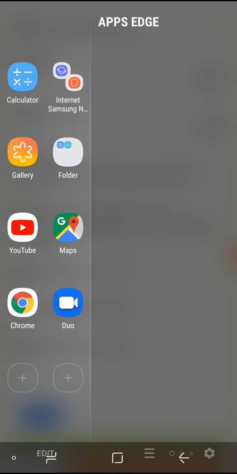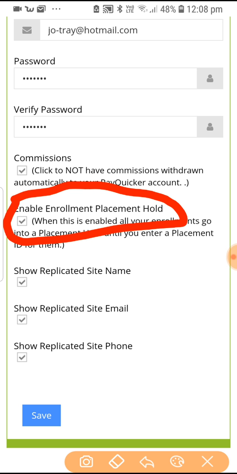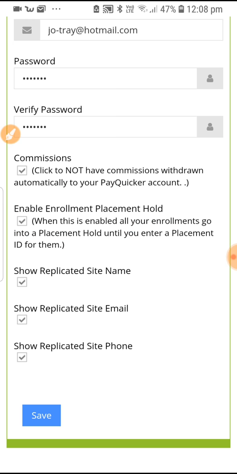oh dear, sorry, let's go back, is enable enrollment placement hold. So you want that ticked. That will set up your tank, and then when anyone comes into your organization that you have personally enrolled, they will go into the tank and then wait for you to place them. So no points or anything will go into any leg until they are placed. And then that's when you can look at